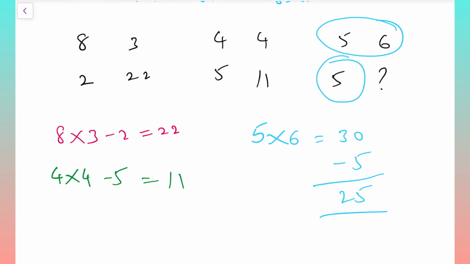Okay, let us check the next question then. 8, 6, 96, 2. Next 15, 2, 62, something, 5, 6, 120. So what will come in the question mark place? So now if we observe clearly,